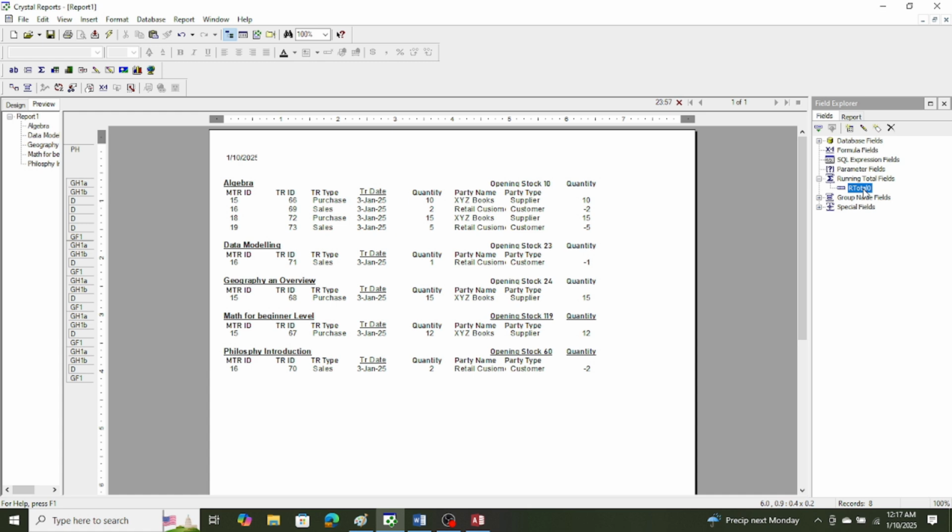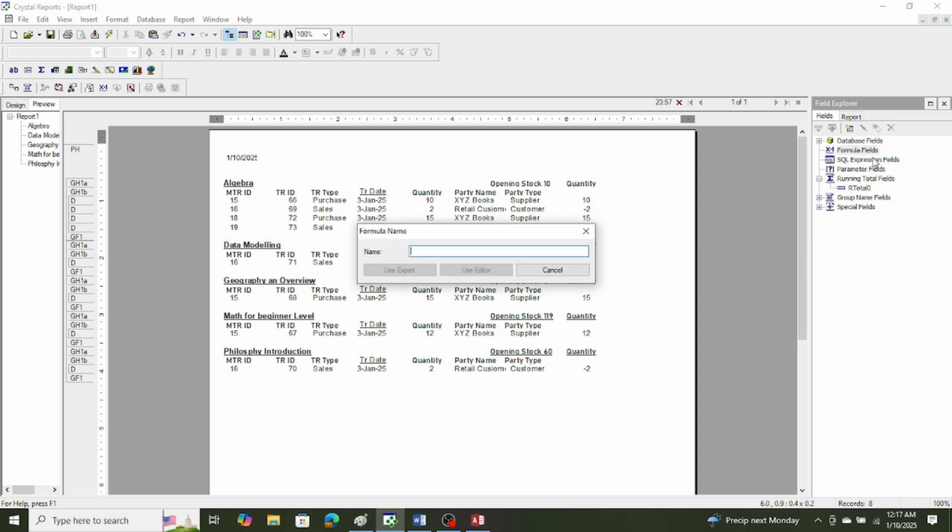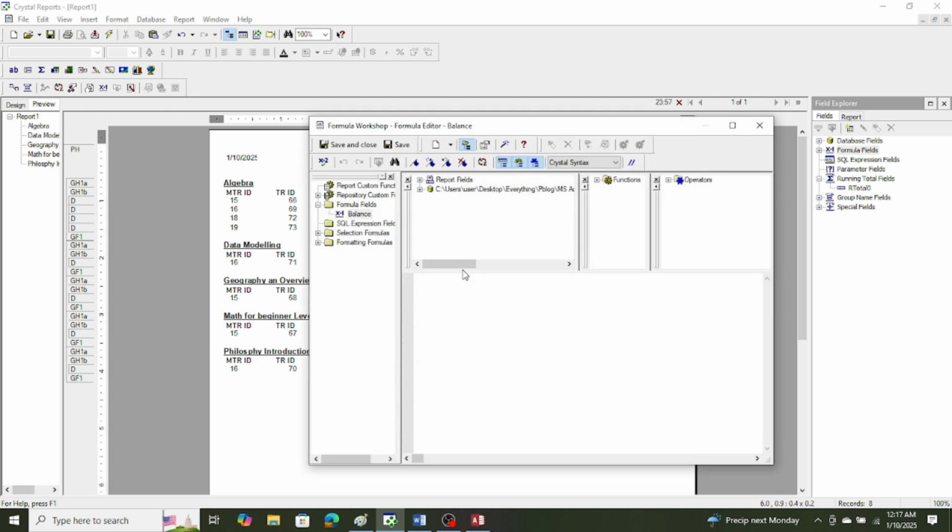So let's create a formula. There is a formula field in the SAP Crystal Reports. We'll go there and we will create a new formula, balance, and then we will use the editor, and in this editor we will go to the report fields, and here we just created our running total field, this one,